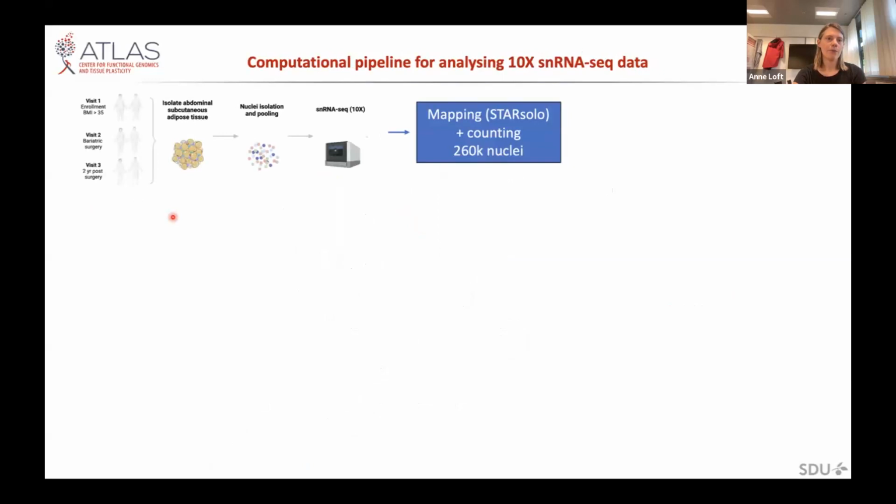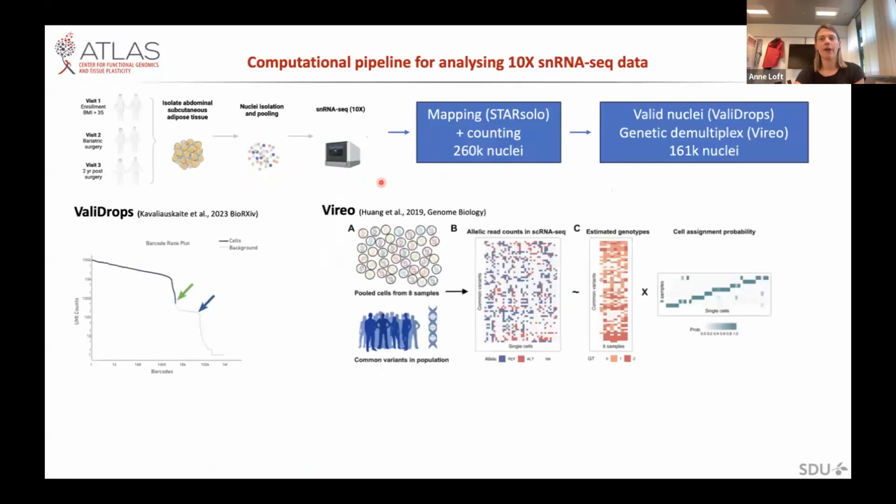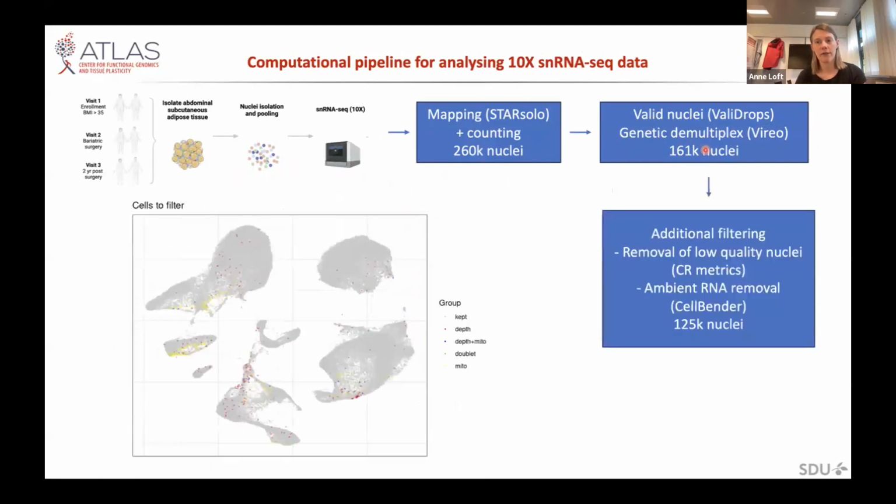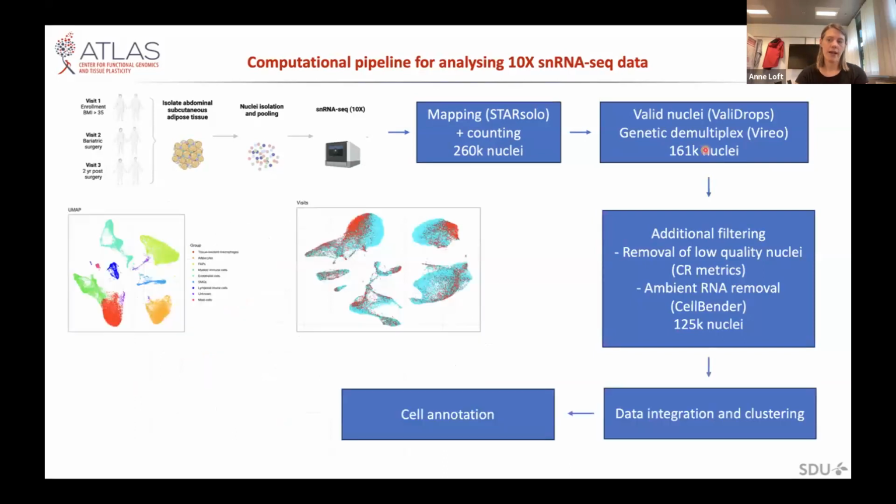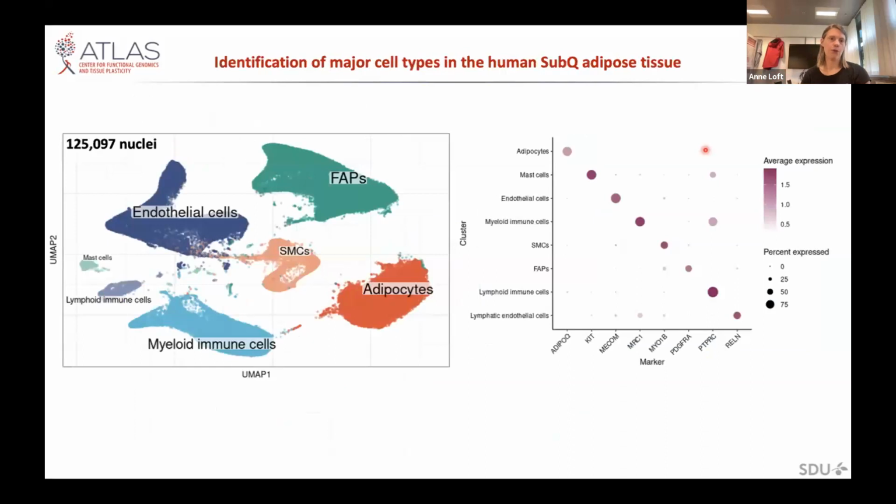Okay, so we then isolated nuclei from the adipose tissue and sequenced, and then we performed some different clean up of the data to get the high quality nuclei. We also genetically demultiplexed the different nuclei into the individual donors, and we performed some additional filtering of the low quality nuclei and also some ambient RNA removal, and thereby ended up with 125,000 nuclei in total, which we could then analyze. And here I have shown you a UMAP of the different cell clusters that we recover from